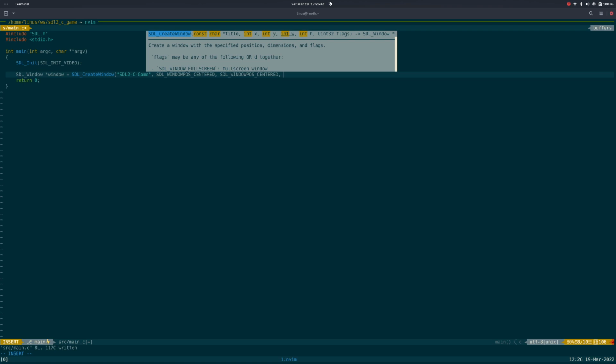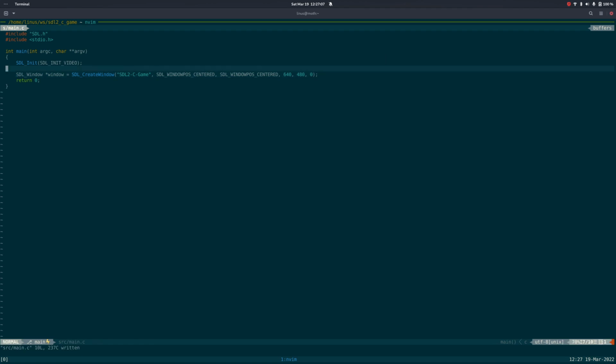With that, 640, 480, 1024. Yeah. 640, 480. Old school width. Flags 0. We don't have any flags. We need to error check this. So if not window,